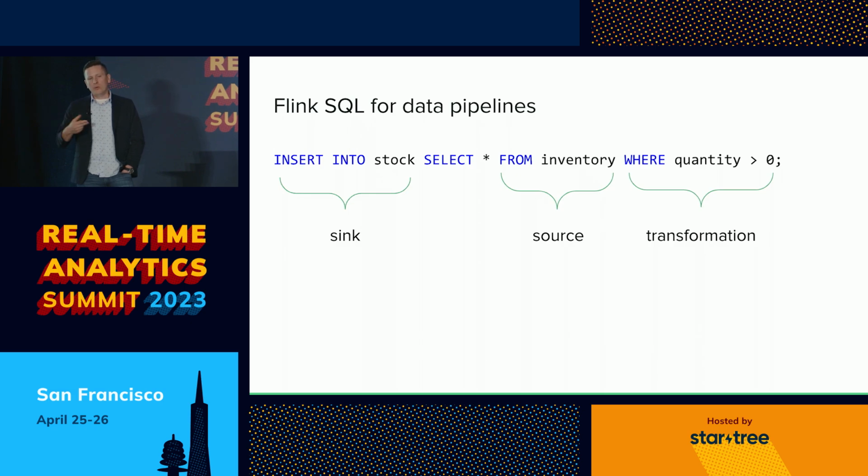All right, so why are we getting into Flink SQL? Well, I think Flink SQL is extremely interesting within the context of data pipelines because all of that sprawling stuff that I showed before, you can just describe in one line of Flink SQL, right? If you write insert into stock, select star from inventory, and so on, you have a sink, you have a source, you have some transformation. So all of these things are present in just one line, right? So this is powerful, right? But there was a lot of work to get to this line, right?